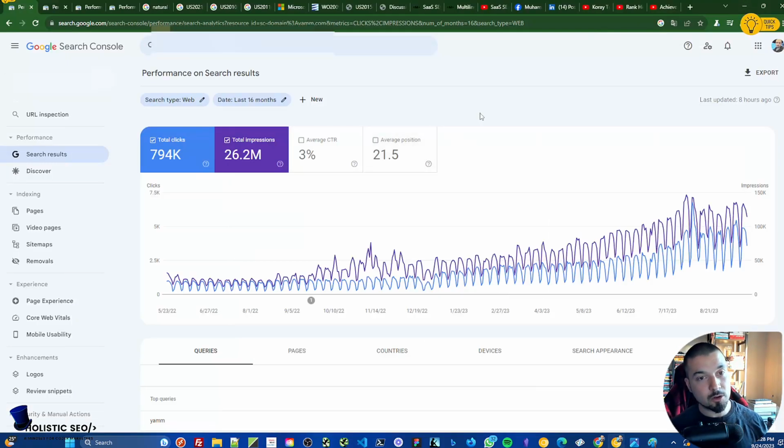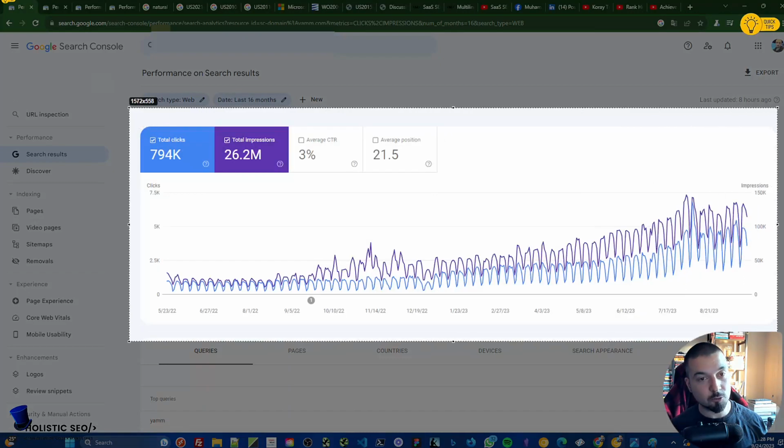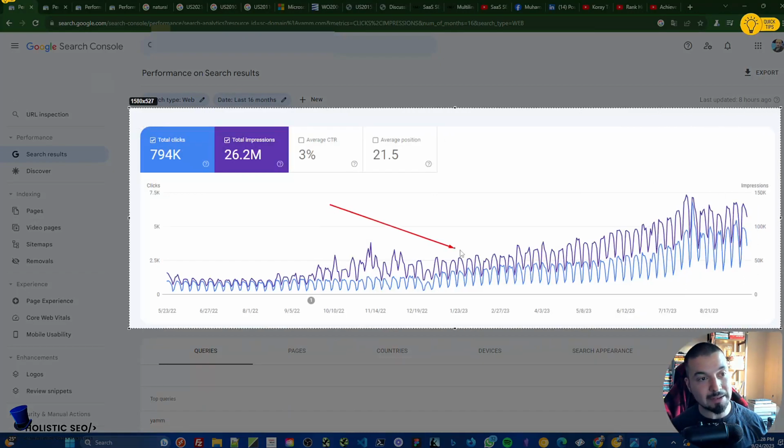So at the earliest stages of this specific project, we actually started to process the mail types first, because without being an authority for the mail and the mail types and mail components, you can't be an authority for the mail merge directly. That's why at the beginning you see that impressions started to increase faster than the clicks, because we had enough level of authority and ranking prioritization to appear on the SERP, but not for